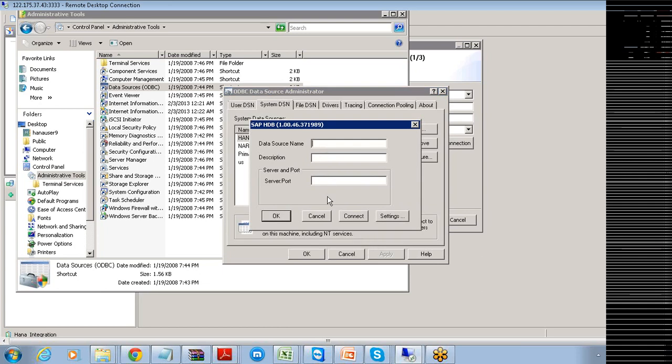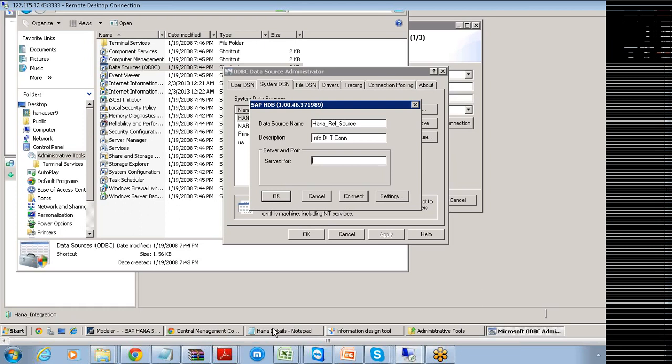It asks for the data source name, that is relational source, and the description. The description is information design tool connection, and the server and the port I need to specify.